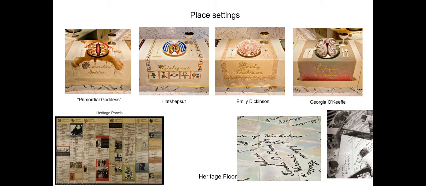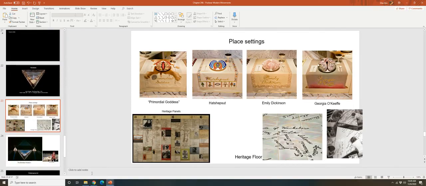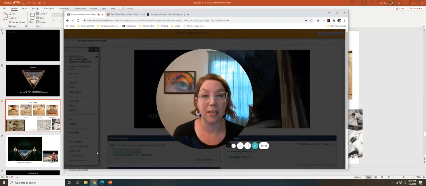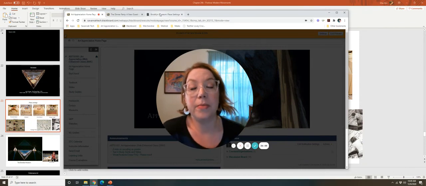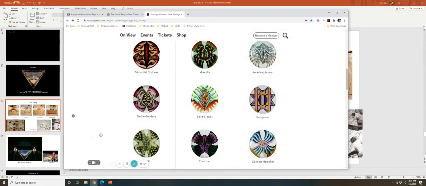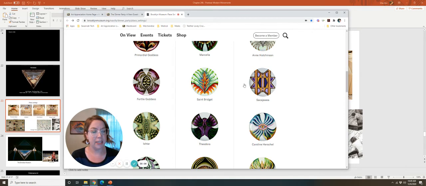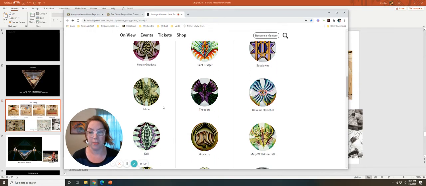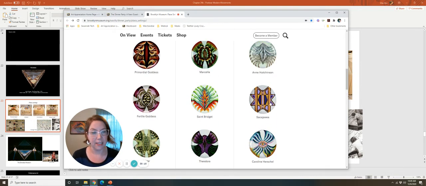Here are some of the panels that you can see honoring women in history. The first panel is dedicated to Primordial Goddess, the last one to the female artist Georgia O'Keeffe. It's designed to be a very educational experience, and it's fascinating to look at the conceptual designs of these place settings. The piece is now in the Brooklyn Museum, and I highly recommend that you go if you have a chance to make it to New York City, to see these panels, to read about these women, and see how their contributions are summed up artistically.